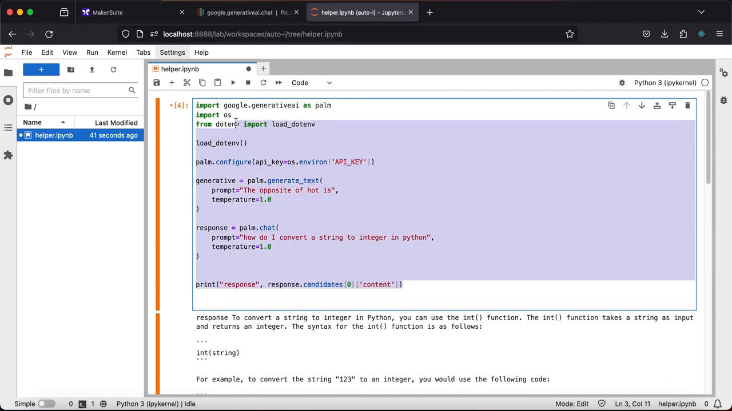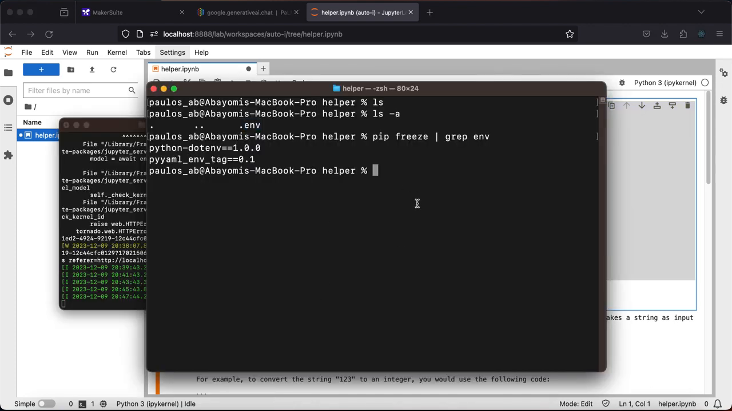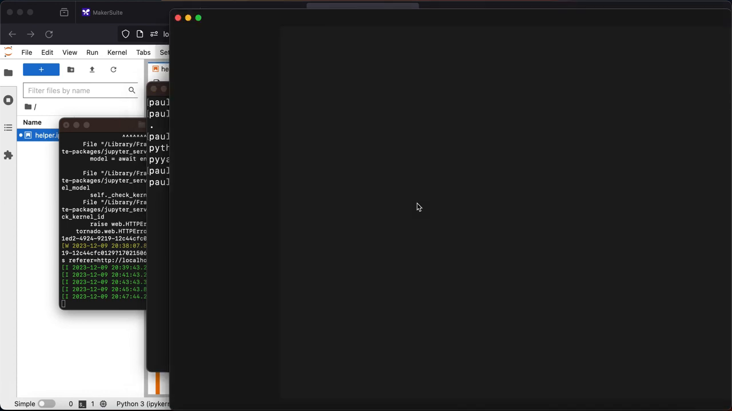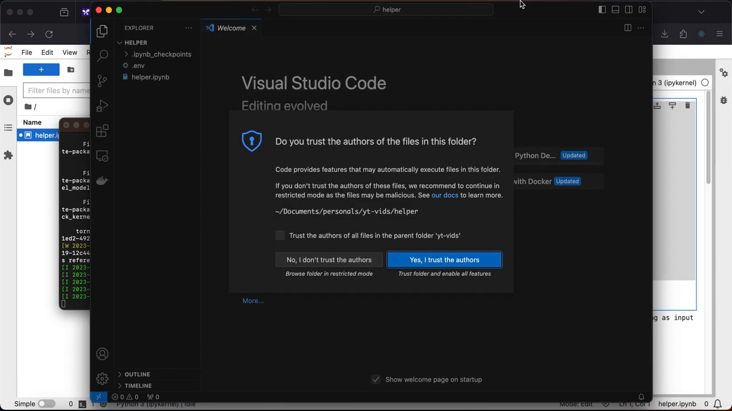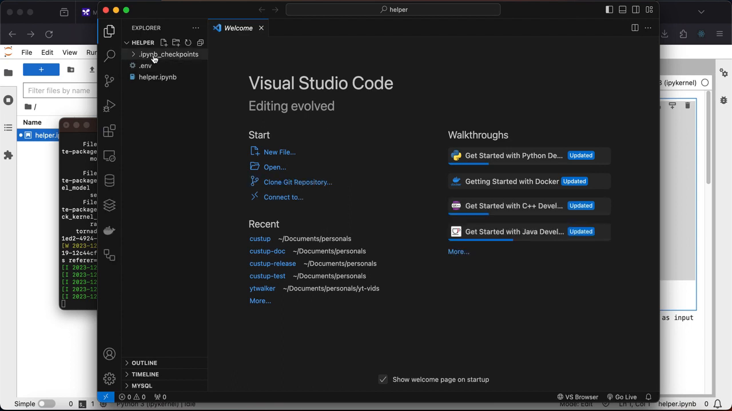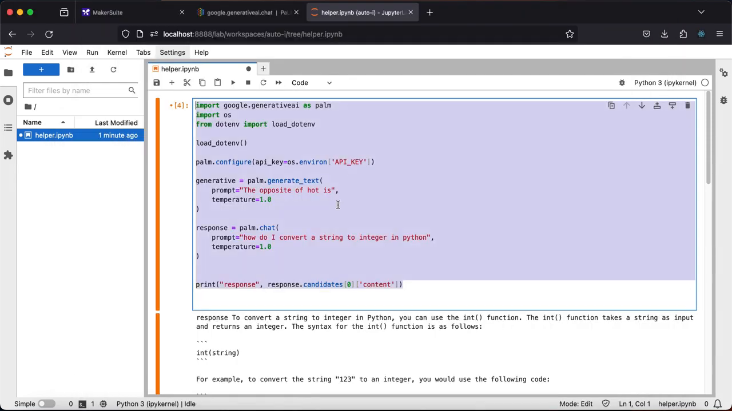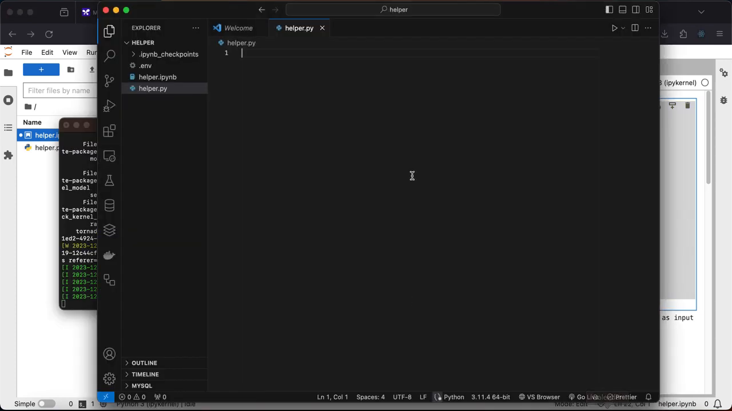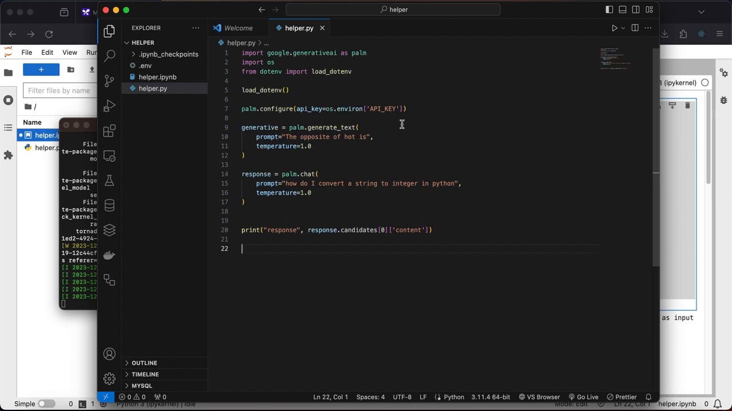take this and put it inside an IDE, a real file. Let's open it inside VS Code, and now let's create a new file called helper.py. Okay, now let's grab this code and paste it here. Okay, now we can try it again with